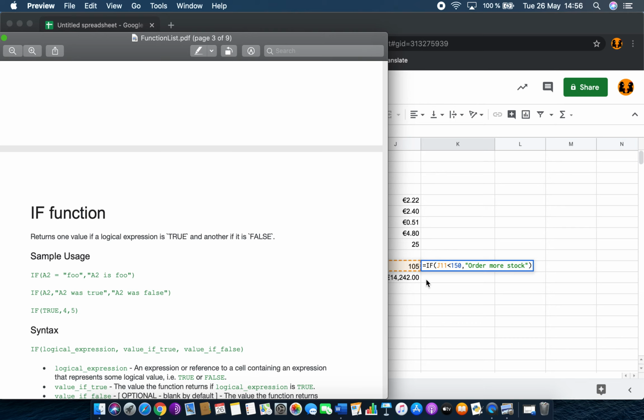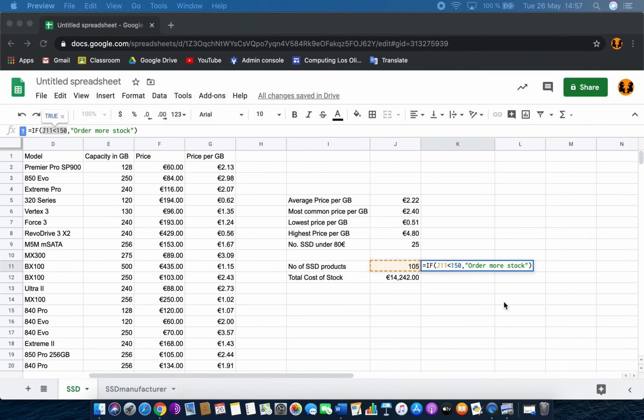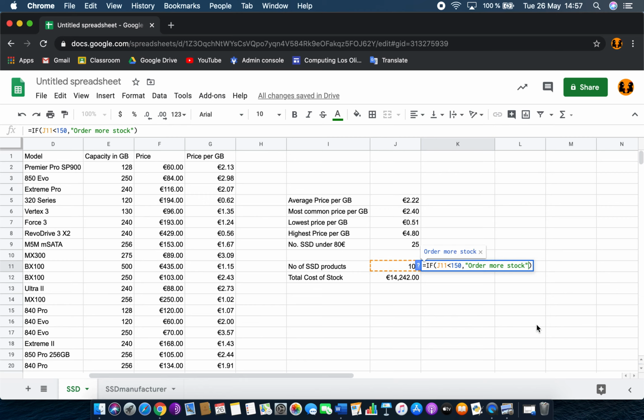If J11 is less than 150, here I'm saying if A2 is equal to foo, then it says this, otherwise it does nothing, which would then say FALSE. But I can also put a false value in here. So if J11 is less than 150, then I can say order more stock, or I could say